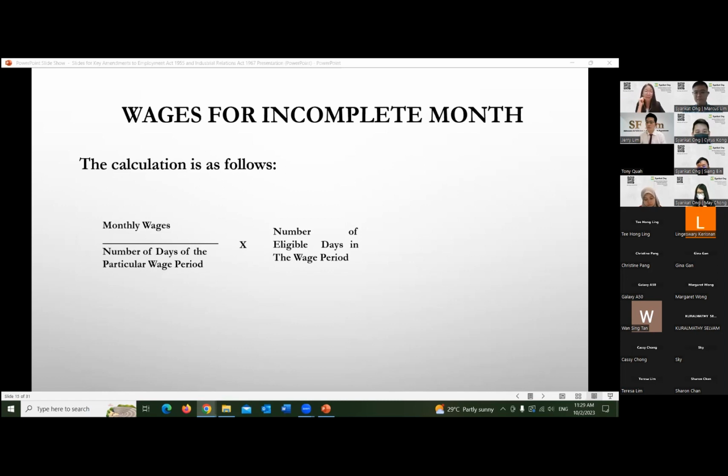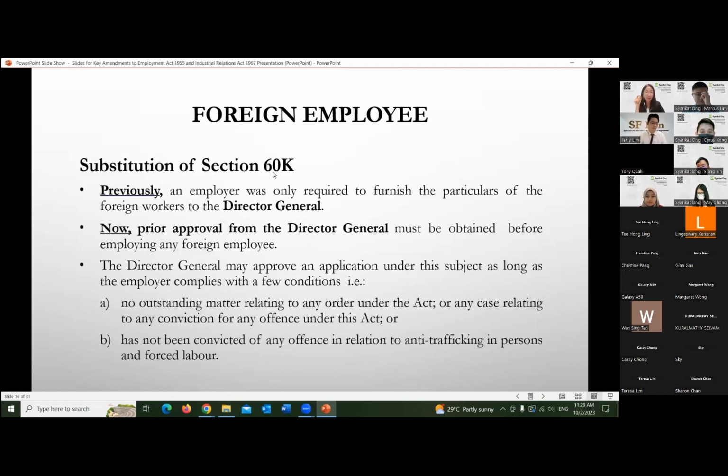Now, interestingly, on slide number 16, there is this interesting amendment that came out. For those of you who have foreign employees, I see the substitution of section 60K. Previously, an employer was only required to furnish the particulars of the foreign workers to the DG. Now, prior approval from the DG must be obtained before employing any